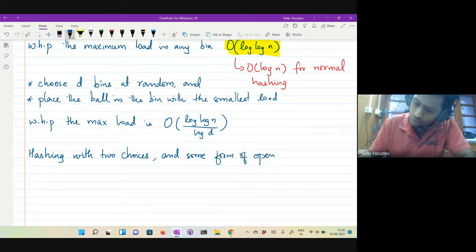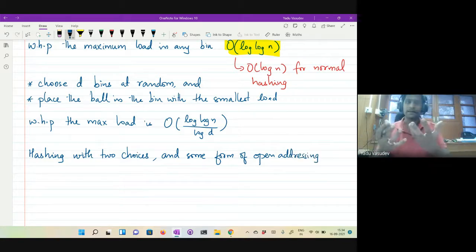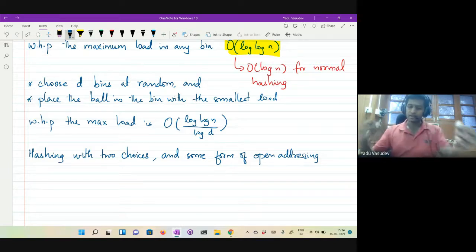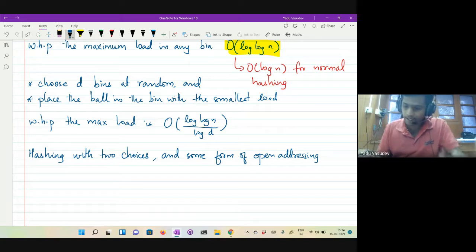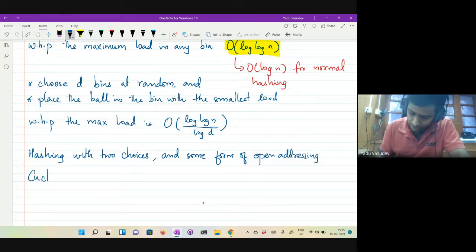If you recall, open addressing means that you're storing elements in a hash table, but when there is a collision, you're not storing it in a linked list like in a chain, but rather you find another position within the table to store it. And this technique is what is known as cuckoo hashing.